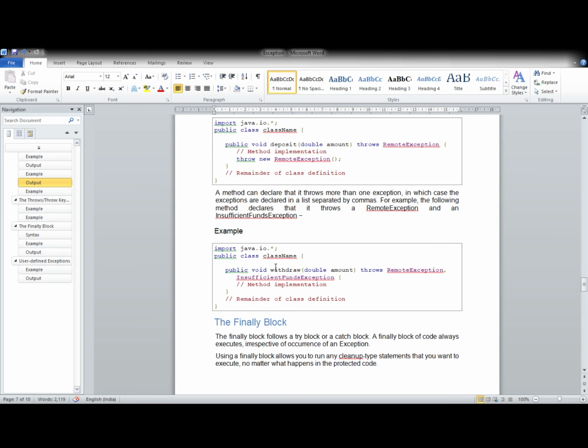See here, class name, withdraw, throws RemoteException, comma, InsufficientFundsException. Two types of exceptions this method can throw: RemoteException and InsufficientFundsException. The method body has not been written, but in the body it can write throw new RemoteException, and in another part throw new InsufficientFundsException.